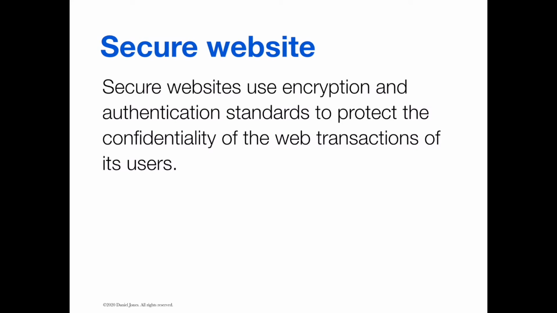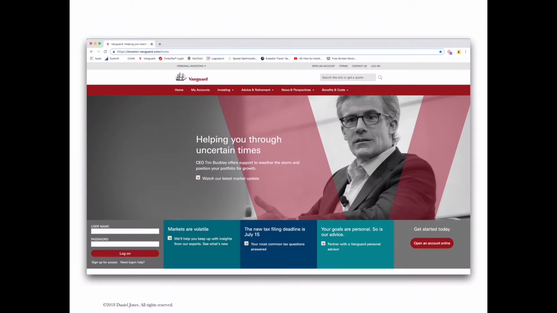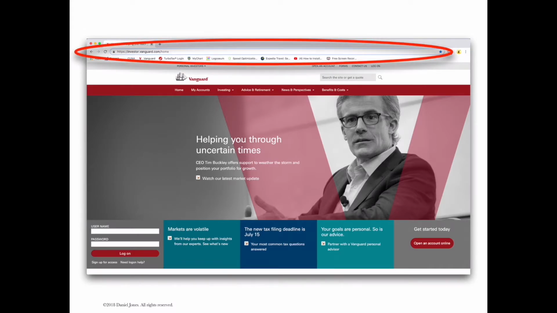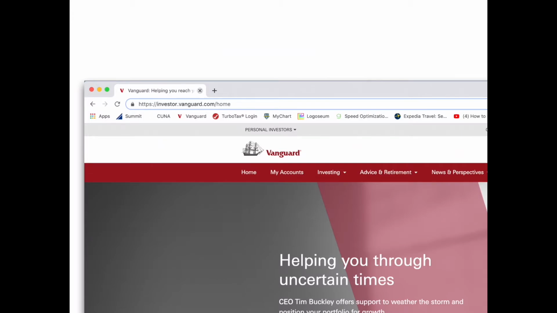How do you know when you're on a secure website? That really comes down to HTTP versus HTTPS. Let me explain what I mean by that. In this example, I'm going to use the financial investment website called Vanguard. Along the top of every single website, you have this long white address bar. The reason it's called an address bar is because this reveals the address of the website that you are on. And if I zoom in on that, in that white bar,